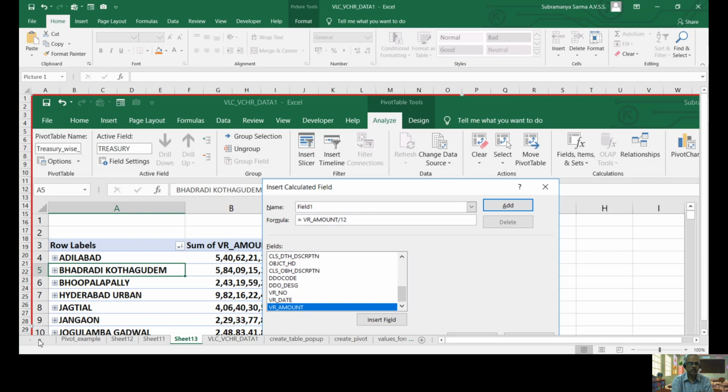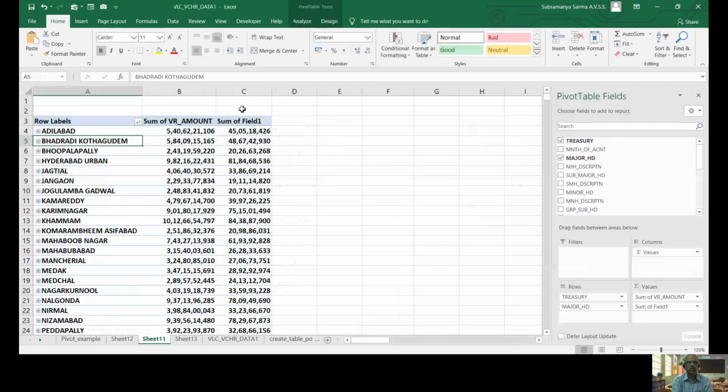That's the sum of field 1, right? This is the average expenditure for our actual expenditure. This divided by 12 is equal to this. Now this is also part of our pivot table, right?